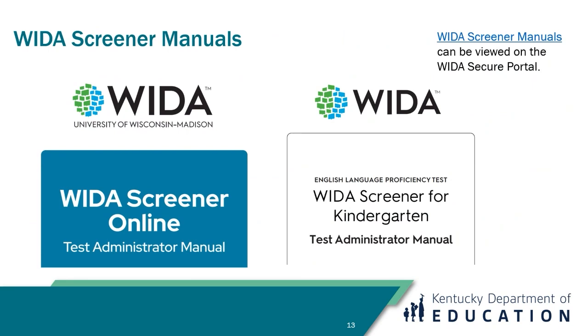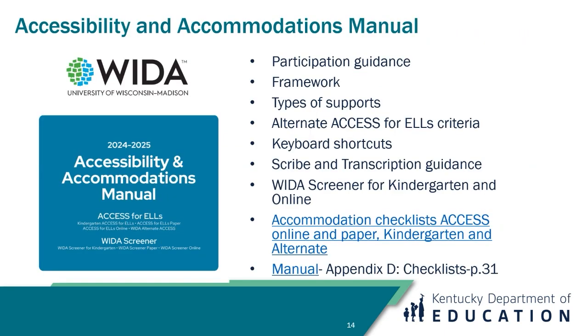Here are the 2 manuals. I'll also link those for you to help you know where to find those. Make sure that you read the manuals and go over those. It's also important if you've got any students who are being screened and they have an IEP, because if they have an IEP and they're EL, and you're screening them, they do get accommodations, and you would want to make sure that you look over the accessibility and accommodations manual